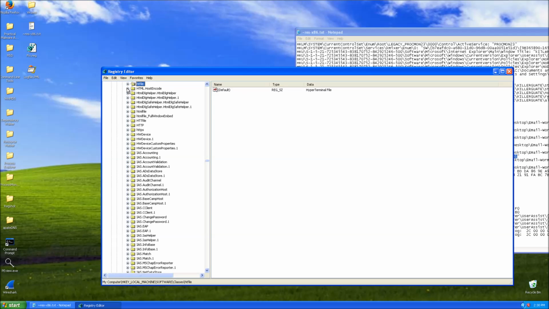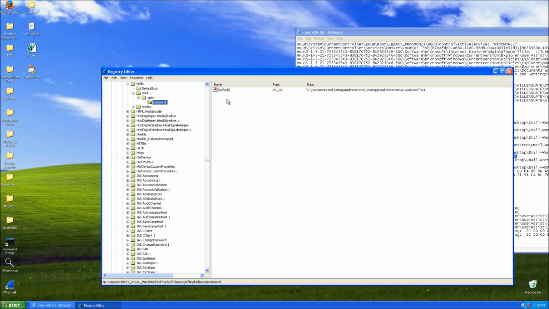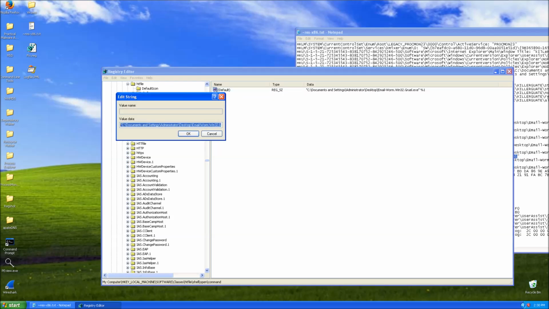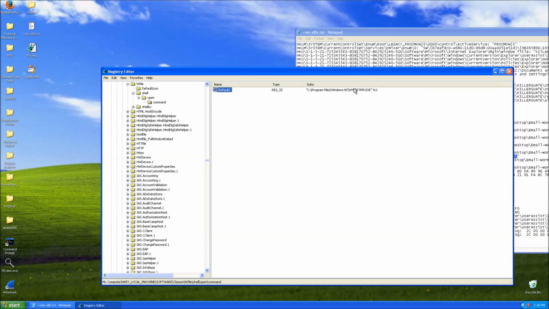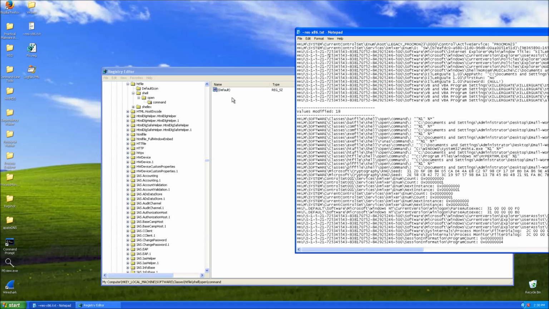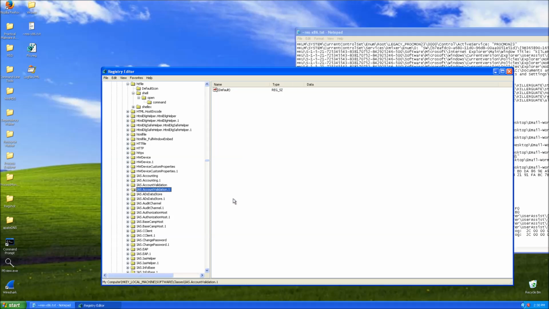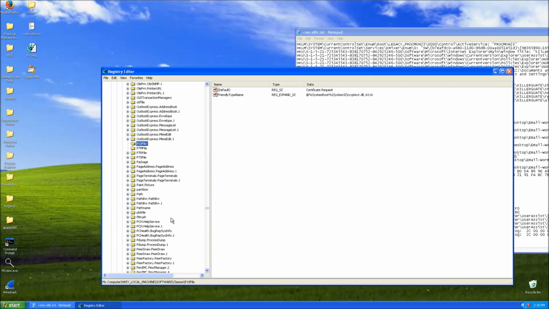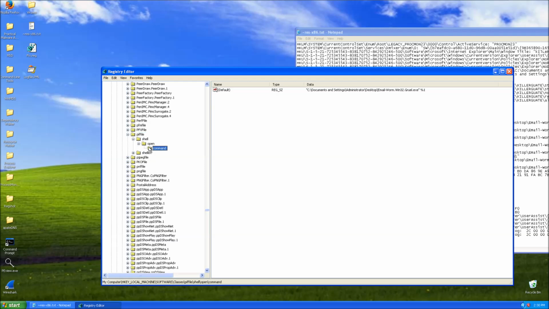Let's go find it. HT file, shell open command. Let's change it from Gruel to this. Alright. And last thing are PIF files. Shell open command, and